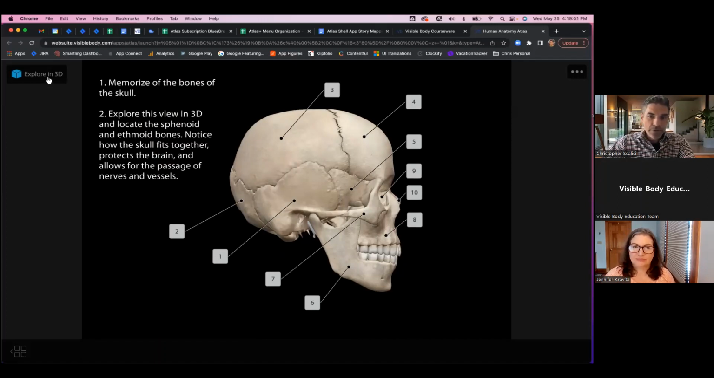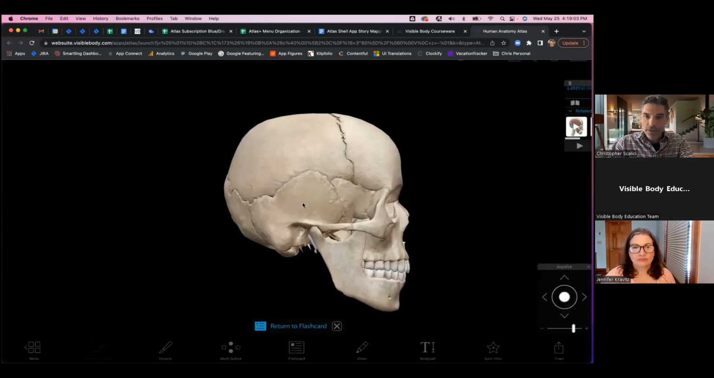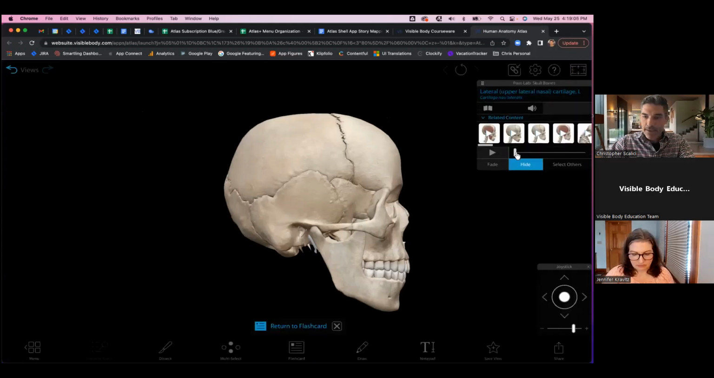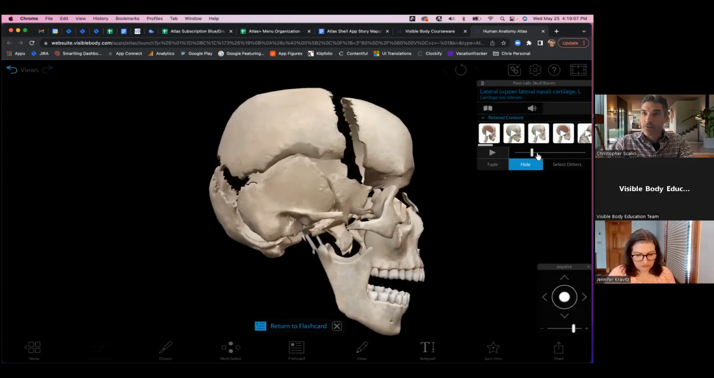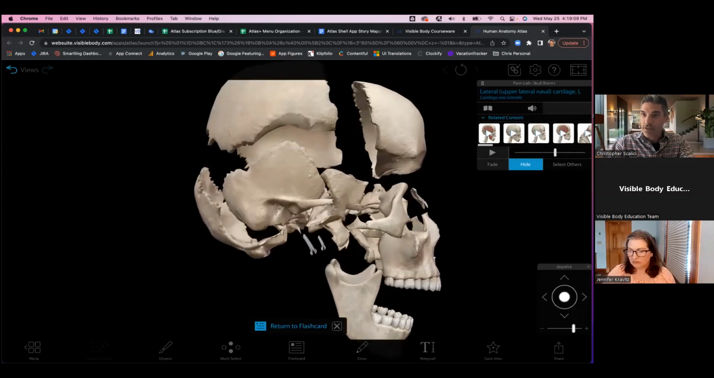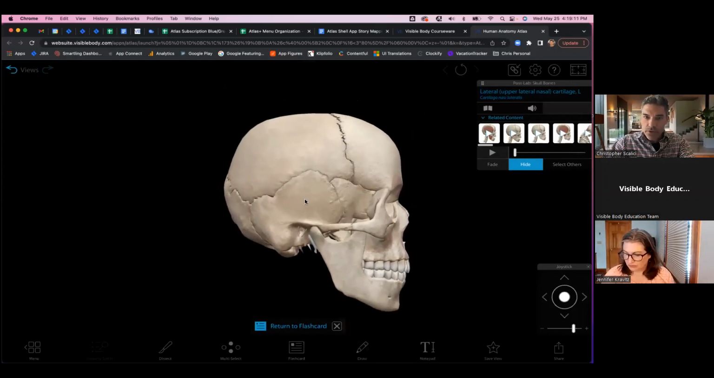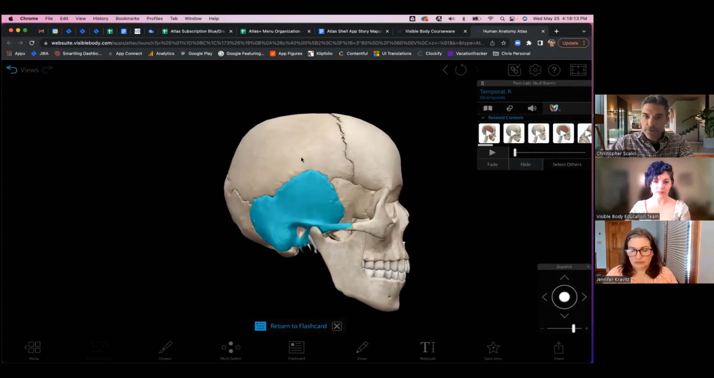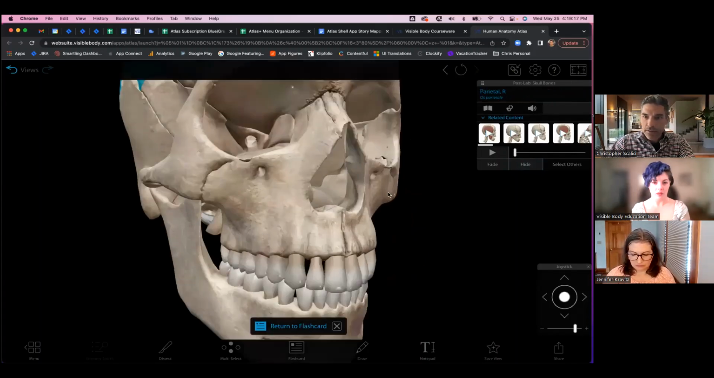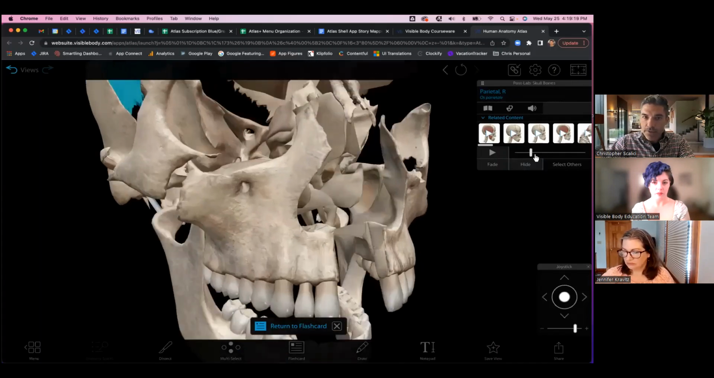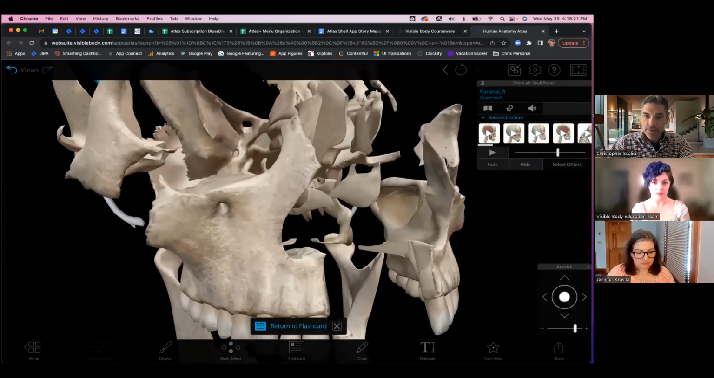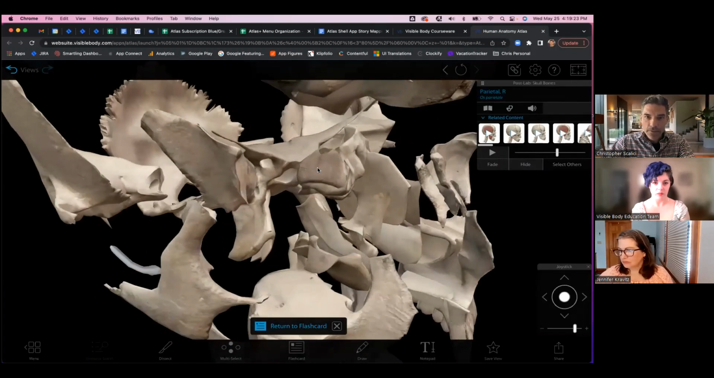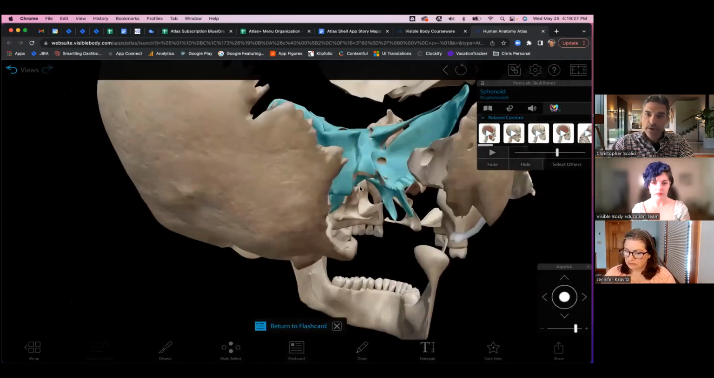I'm going to explore it in 3D, and you'll see that this view is that view I started with on the very first screen, the intro. So users can go in here and click these bones and learn them, right? We just click through here, temporal, parietal. But then they can go in, and in this case, they can open this thing up, and we're asking them to look at these inner bones, right? We're asking them to look at the ethmoid, and the sphenoid, and learn more about them,